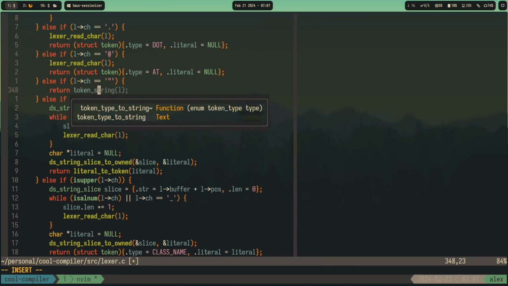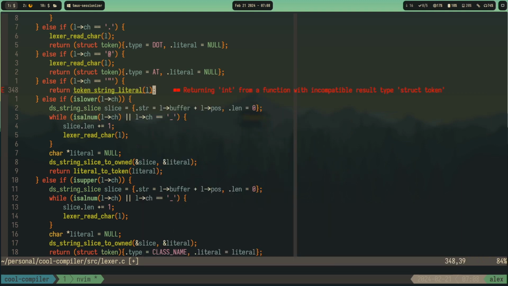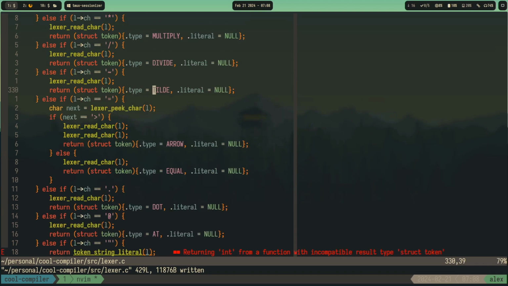Token string literal. We give it an L, and basically this thing should create